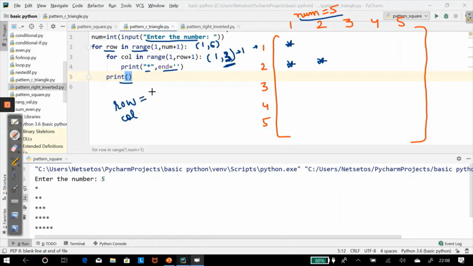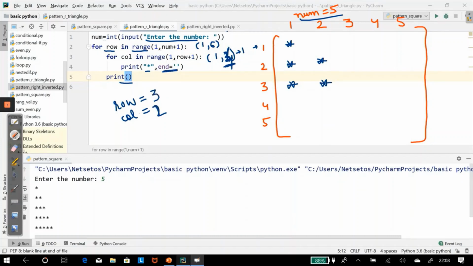So here we will write row 3, and here column will go from 1 till 4. So for column 1 it will print a star. Then for column 2 it will print a star but in the same line.